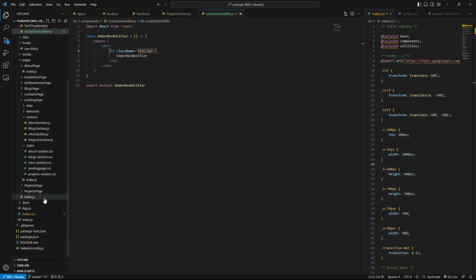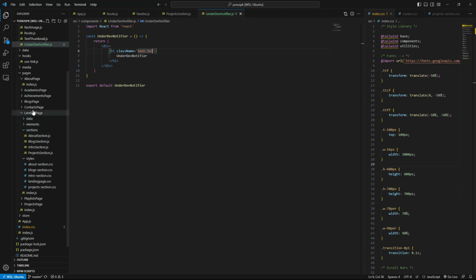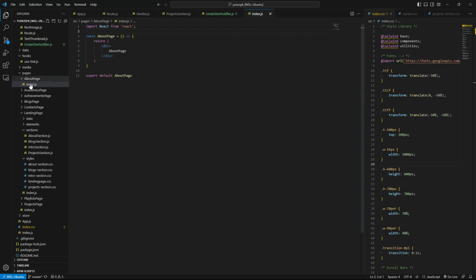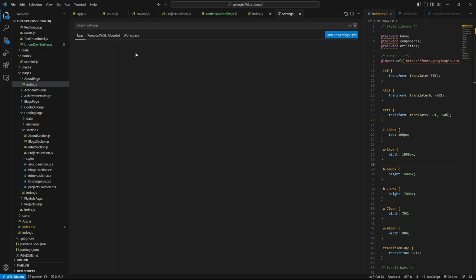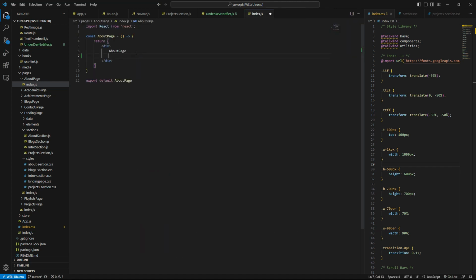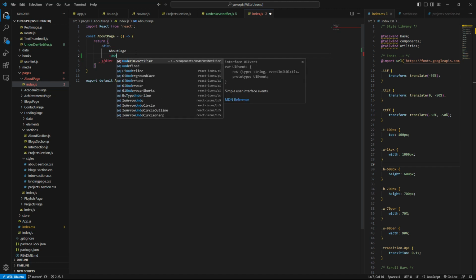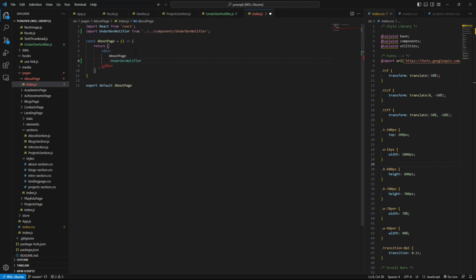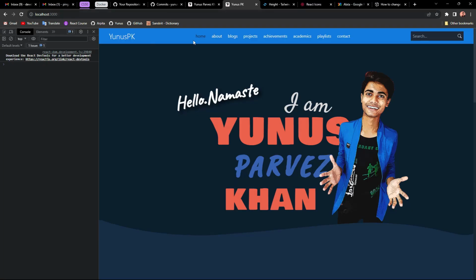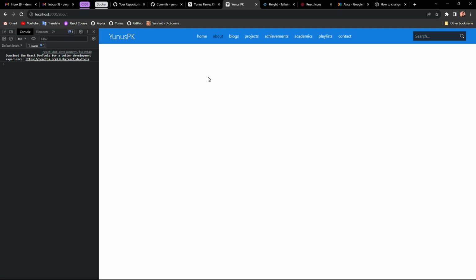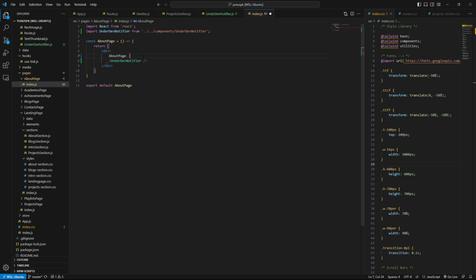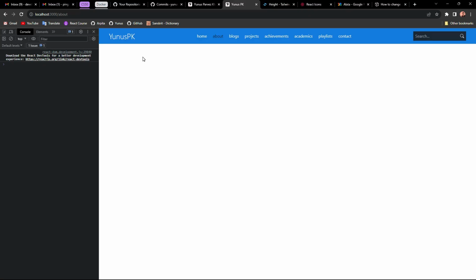And then we're gonna use that in the about page, right? So let's go to the about page. We got the about page, and in it we got the index.js. After the about page thing, we can specify this, under dev notifier. We got the import and the closing. If you go to about, you're gonna see there's nothing. Why is there nothing? Actually the thing is coming. If I put a break over here, you're gonna see a little bit of that thing.